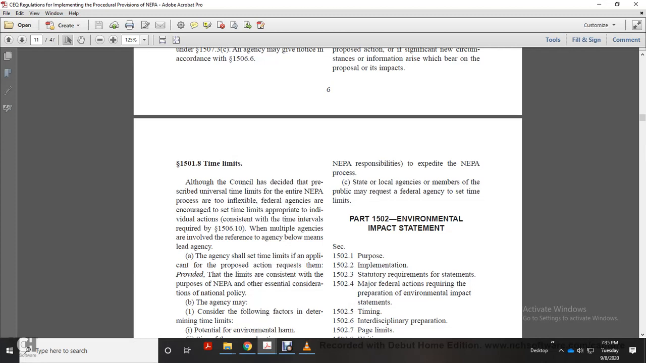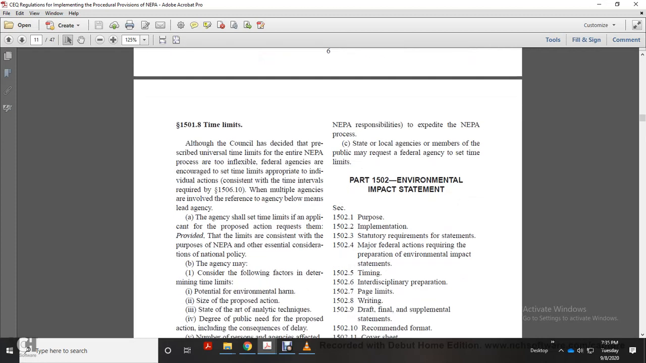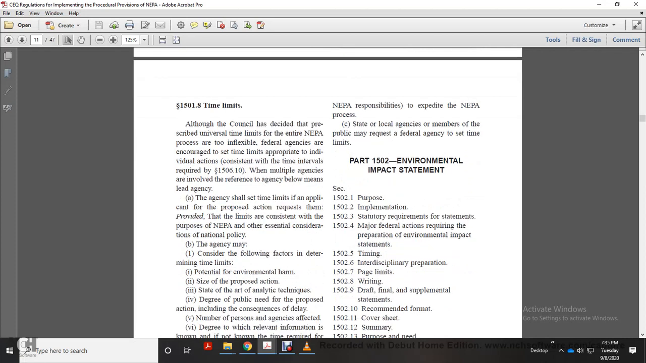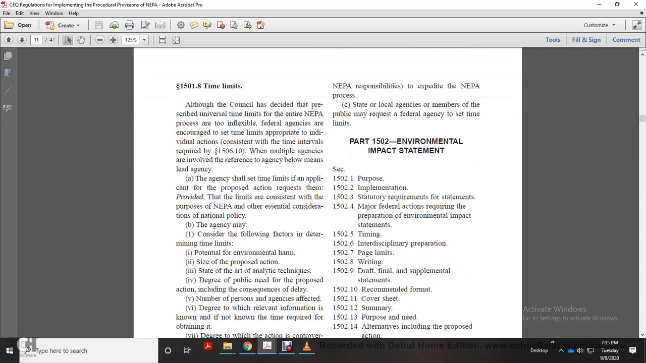Alright, Part 1502, Environmental Impact Statement. The purpose, implementation, and statutory requirements for the statement. The major federal action requirement for the preparation of an environmental impact statement. The timing, interdisciplinary preparation, page limit, the writing, draft, final, and supplemental statements, recommended format, cover sheet, summary,